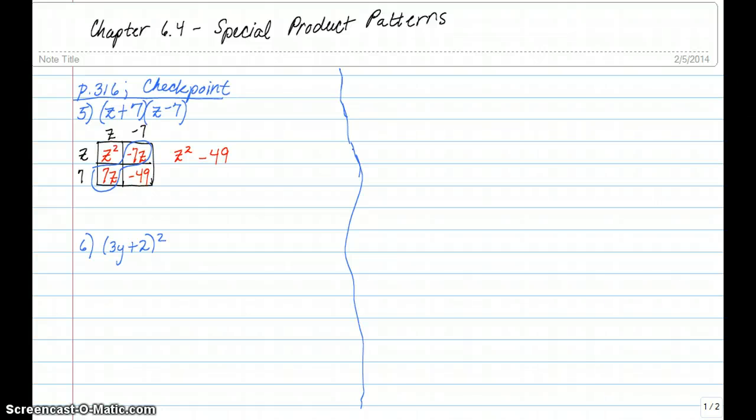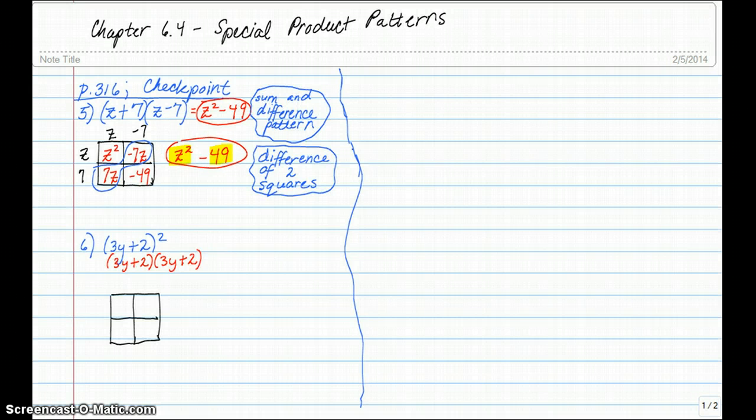7z and negative 7z, which are diagonally from one another in the table, are opposites, which means they are 0. So the product of your two binomials, instead of being a trinomial, is a binomial. Okay, now let me talk. In your product, z squared minus 49,